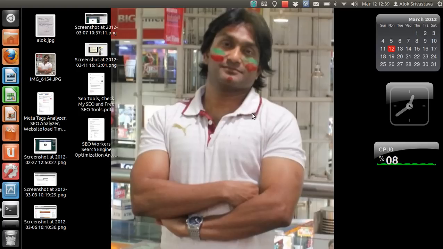Actually, this pic is being clicked on the eve of Holi, the festival of colors here in India. So I just changed the background to make it more colorful. And I hope the pic is looking very good here. And the biceps are coming up right here. It's somewhere around 17 inches now. Okay, I should stop showing off and show you the video.